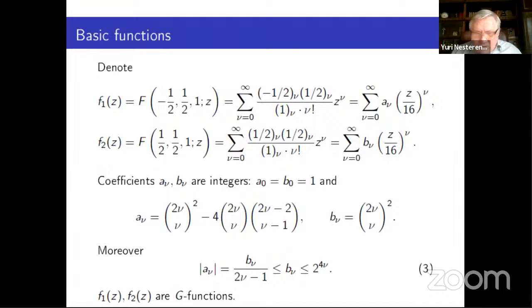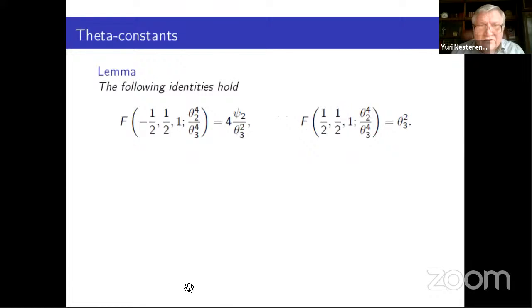Now I want to explain the Ziegler-Shidlovsky approach in this connection. So these are functions f1 and f2. Here a and b are integers. This is the precise expression in binomial coefficients. They are bounded by 16 to the power n. So in fact, the coefficients are not larger than 1. And these f1 and f2 are